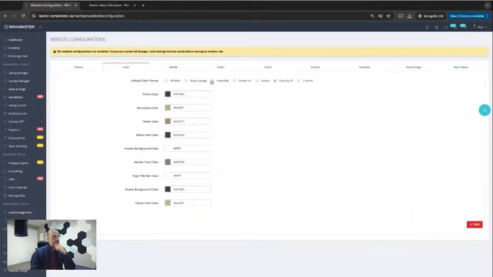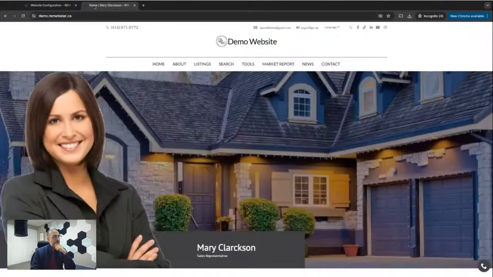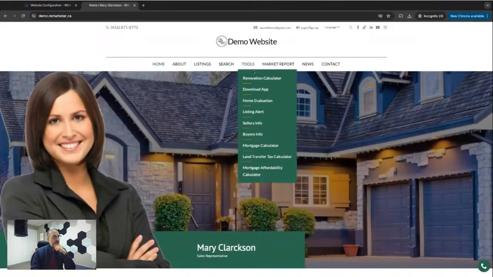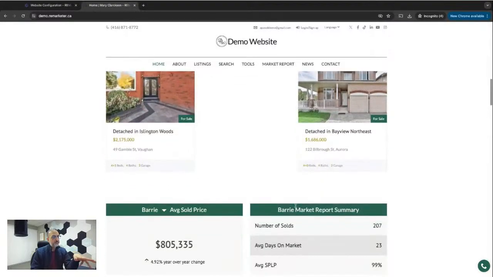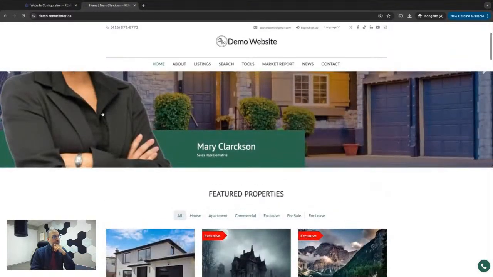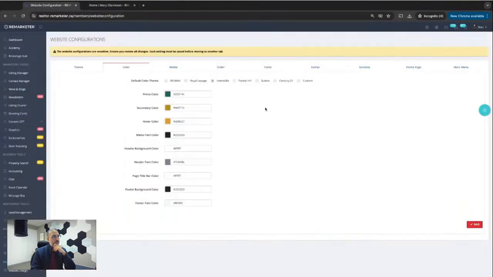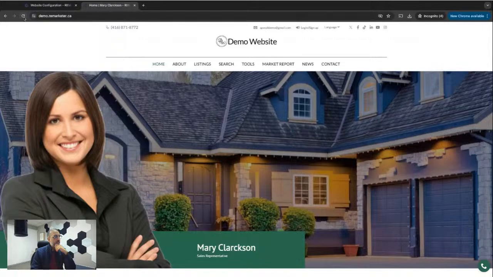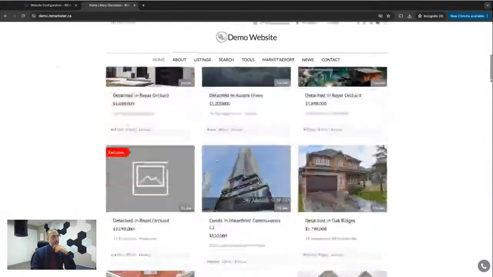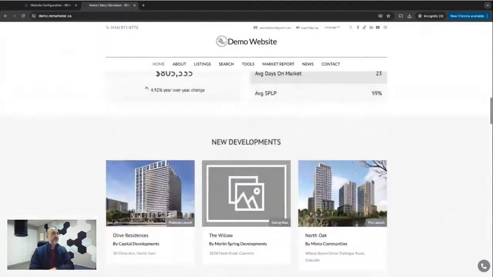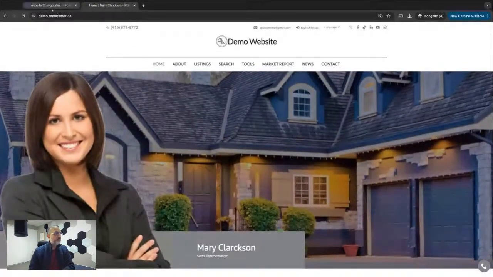If I change that to Remax or Home Life, for instance, as easy as that, you see the colors have now changed to the Home Life color set. Or if I change it to Sutton, now it's Sutton. See? So it's very simple, very easy, and